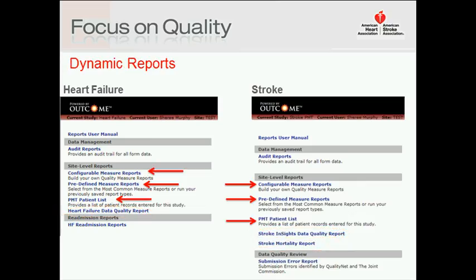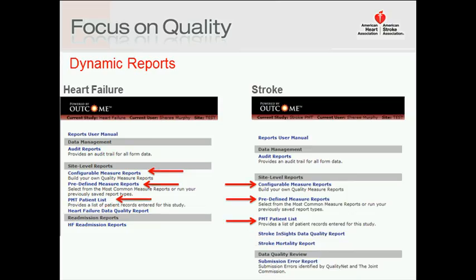So now we're going to talk about what we're going to spend the bulk of today's call on, which is those dynamic reports, or those real-time reports. Today we're going to demonstrate using the configurable measure reports, the predefined measure reports, and the PMC patient list. I will mention using the audit report, which might be something that you are not familiar with, but I'm not actually going to demonstrate that report, but will mention how that could be helpful to you.